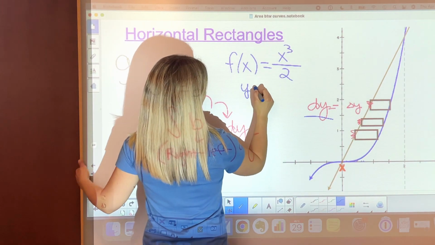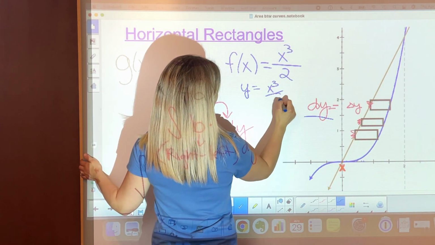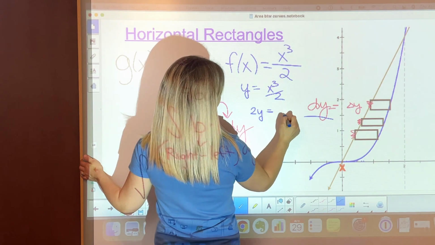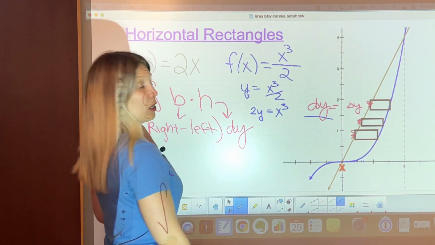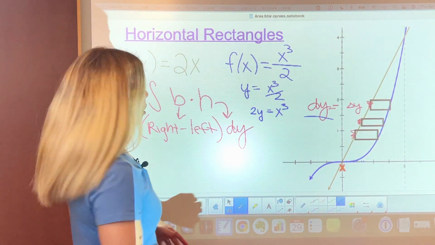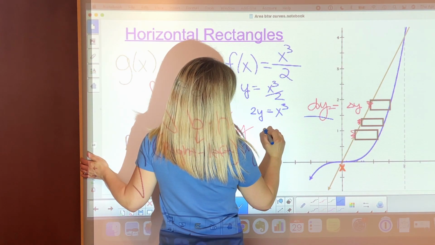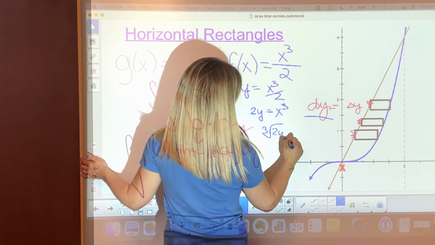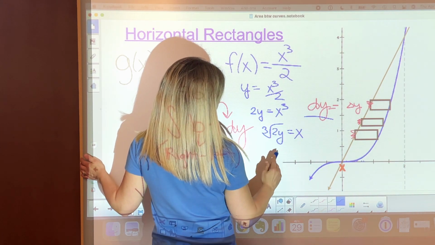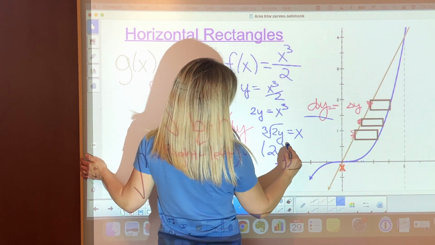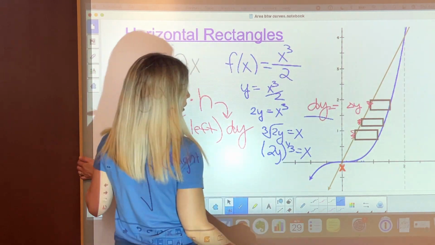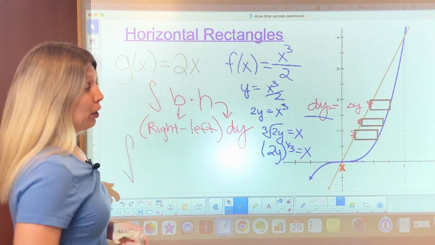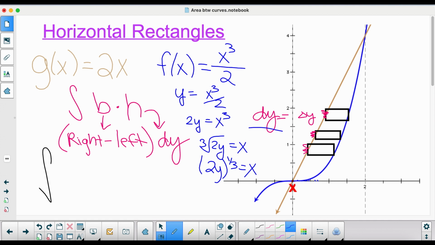So if you have y equals x cubed over 2, multiply 2 on each side. And how do you get rid of a cube? You take the cube root. So you have the cube root of 2y, x. And if you're not familiar, you can write 2y to the 1/3 power to make it easier to put in your calculator. So our function on the right is 2y to the 1/3 power